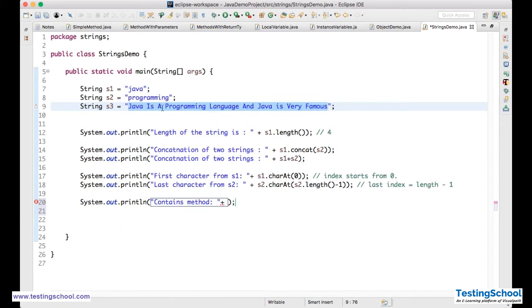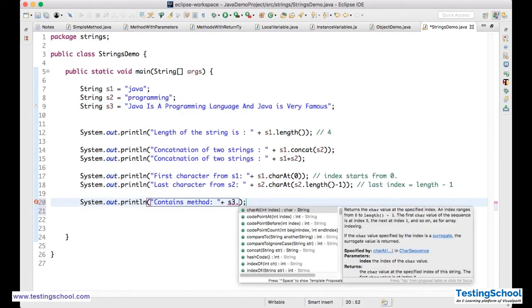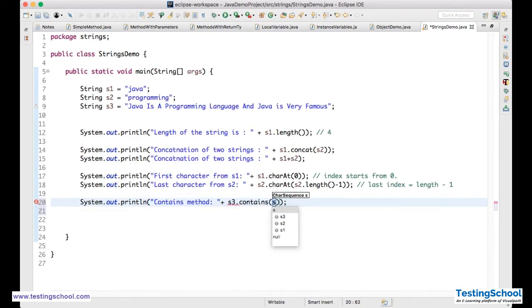In "Java is a programming language," it contains programming. Yes, it is containing programming. Java is a programming language and it is very famous. It contains famous in it. Yes, that can be done with S3 dot contains, a character sequence. What I'll give? I'll give famous.